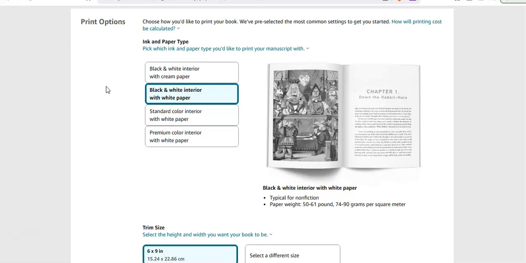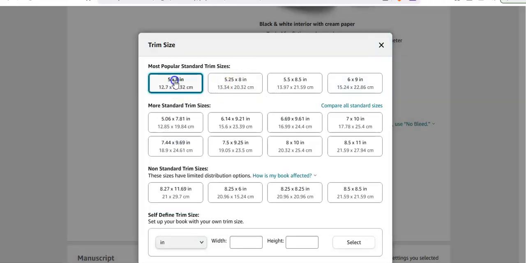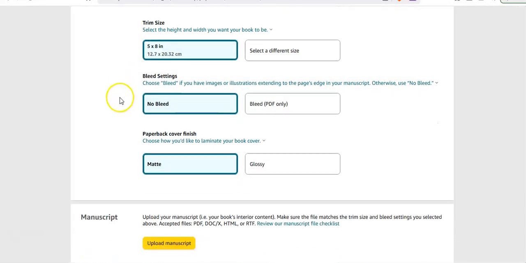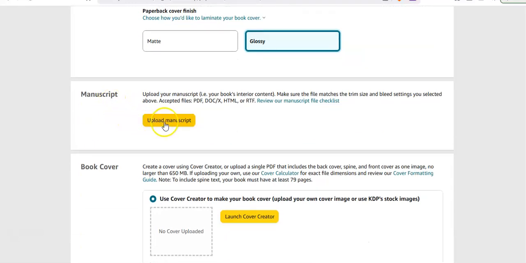I could do that for you now if you want. I like black and white on cream paper. Select a different size. We already know we took a 5x8. No bleed. I like a glossy finish for the paperback cover finish. And see, we got to take that ISBN information, get it into the book.